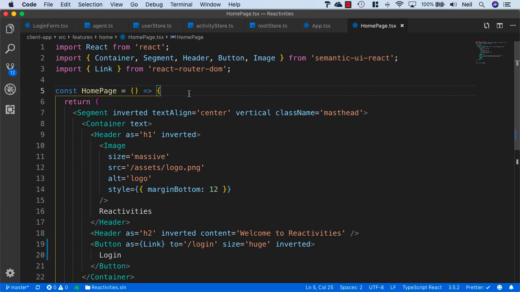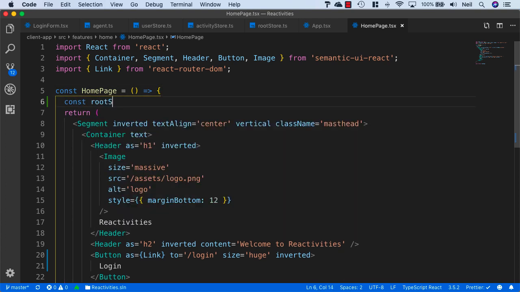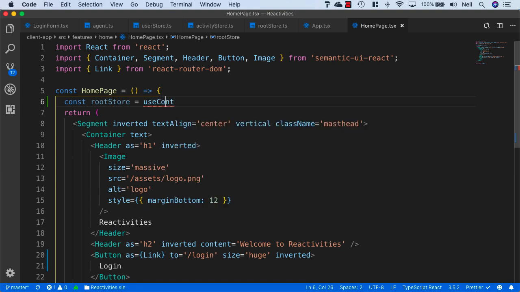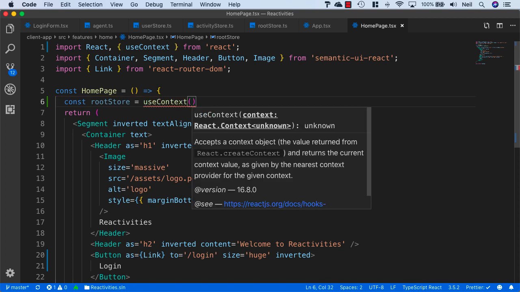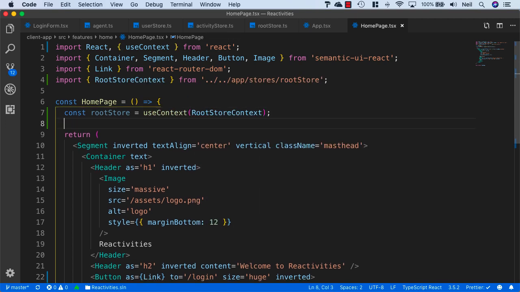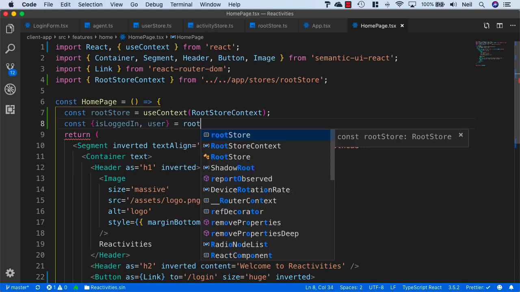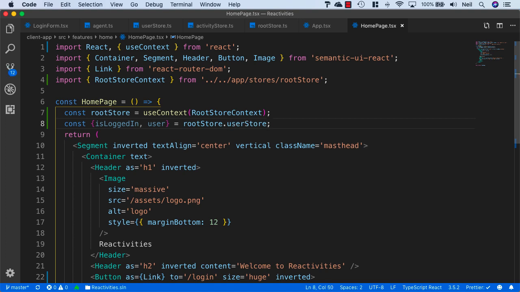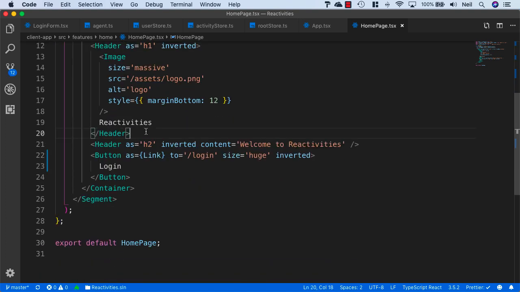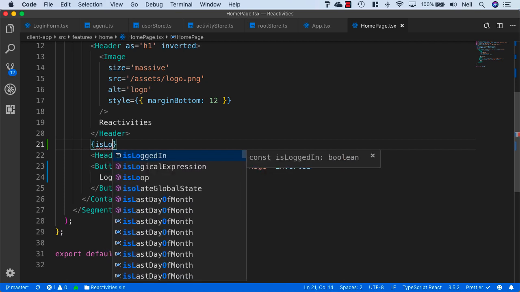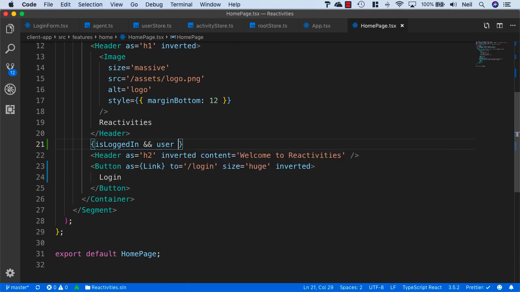So we'll need access to our user store to do this. So we'll say const rootStore equals useContext and we'll say RootStoreContext, and then we'll say const isLoggedIn and just destructure the properties we want from our user store and the user object, and we'll say this is equal to rootStore.userStore. And what we'll do is we'll add an expression and we'll say isLoggedIn, and there's a user object,